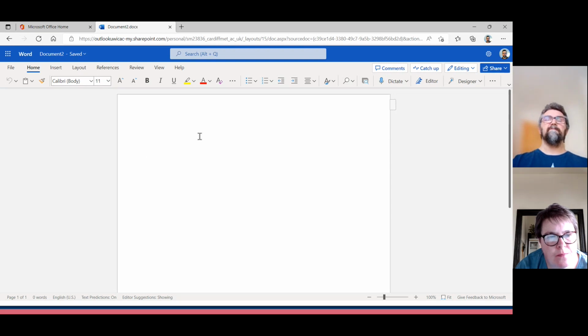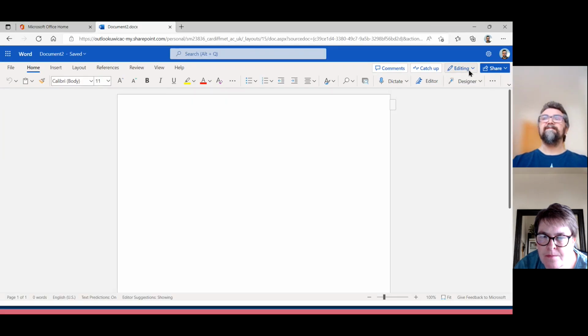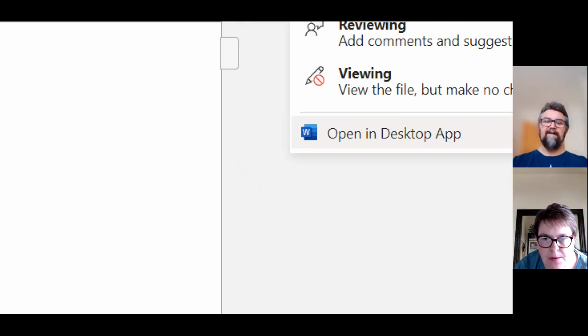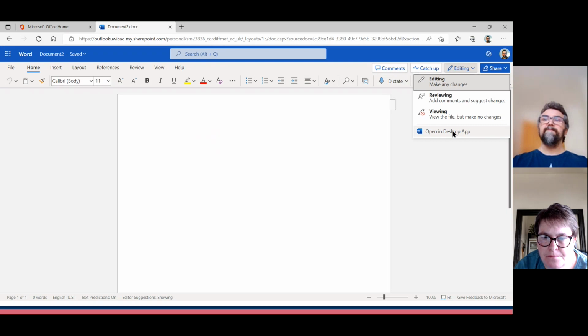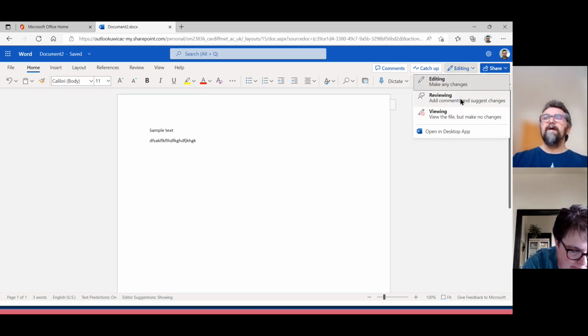So when you're in a document like this, if you wanted to open it within the actual application, that can be done from the editing menu for the most part. You'll have this same button in Excel, in PowerPoint, and in Word. When you click on editing, you've got the option down here to open in desktop app. So when you click on that, let me put some sample text in here to begin with. I'll just put sample text and then just smash the keyboard. If I click on editing and then open,